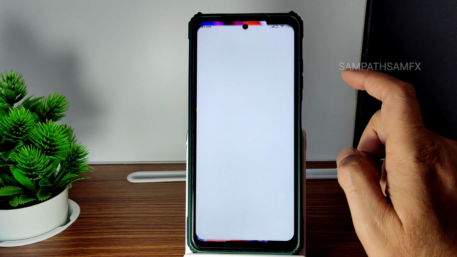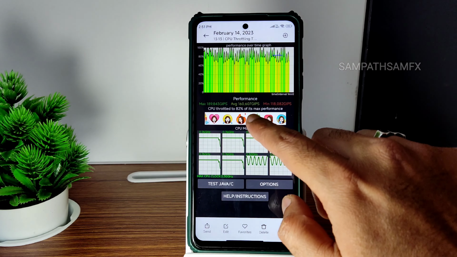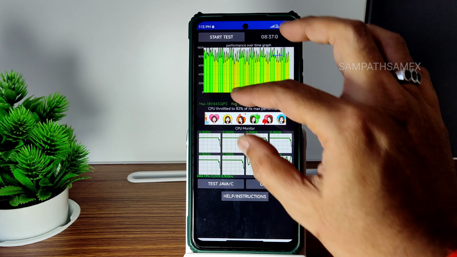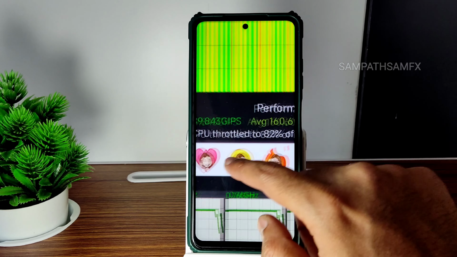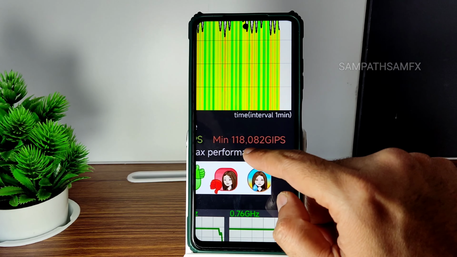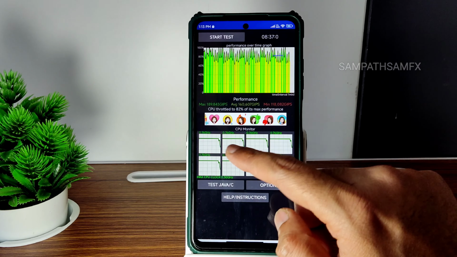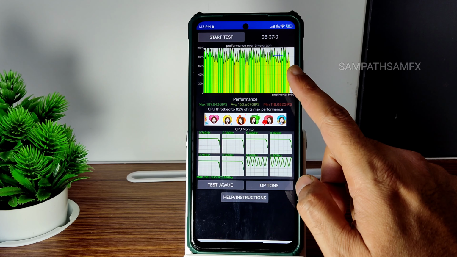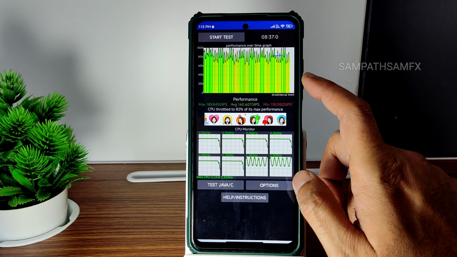And you also get this gallery application. And I have been running the CPU throttling test for the last 8 minutes and 37 seconds. You can see the maximum score was around 189 and average is 160 and minimum is 118 million GIPS, and it's throttled to 82% of its max performance. There is a little bit of throttling going on, and this is